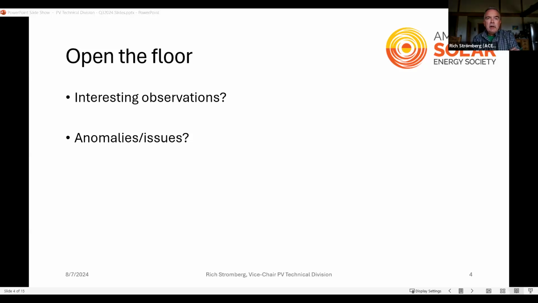I don't get too many calls asking, hey, we've got these broken modules, can we save them? Can we reuse them? That kind of stuff. But I have talked with other researchers and consultants who do deal with this. A couple things to keep in mind: on an older, more traditional module that has glass on the front, and then a back sheet, some sort of a polymer back sheet,